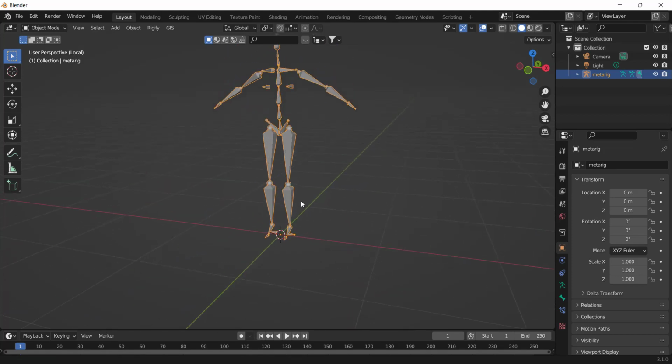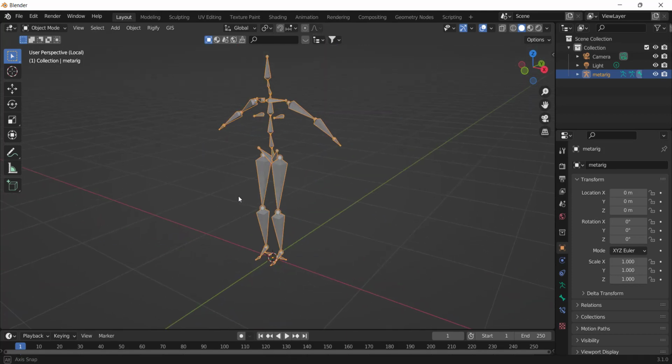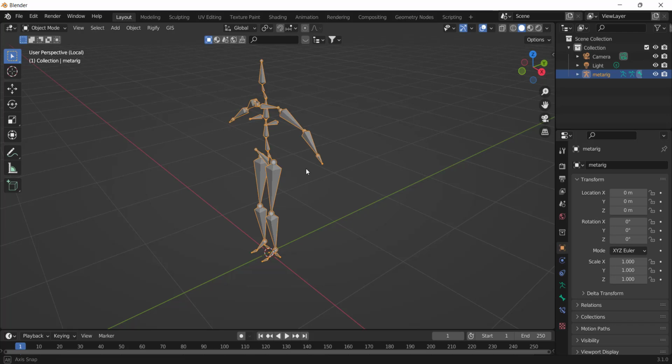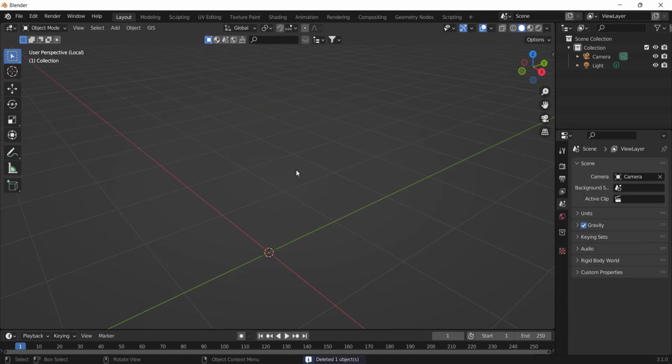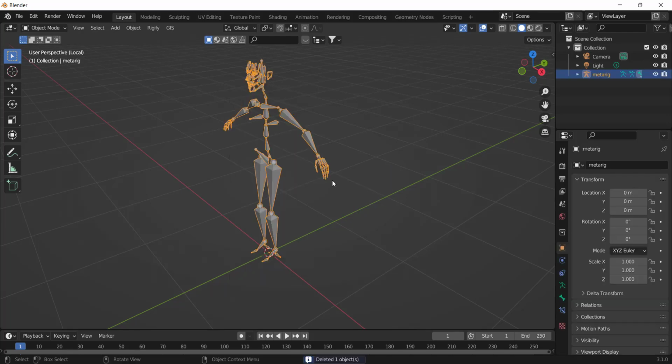Okay, this will be used for games. This is without face rig and all. This is a clean rig, a basic rig. But the human meta rig, the first thing we saw is the complete